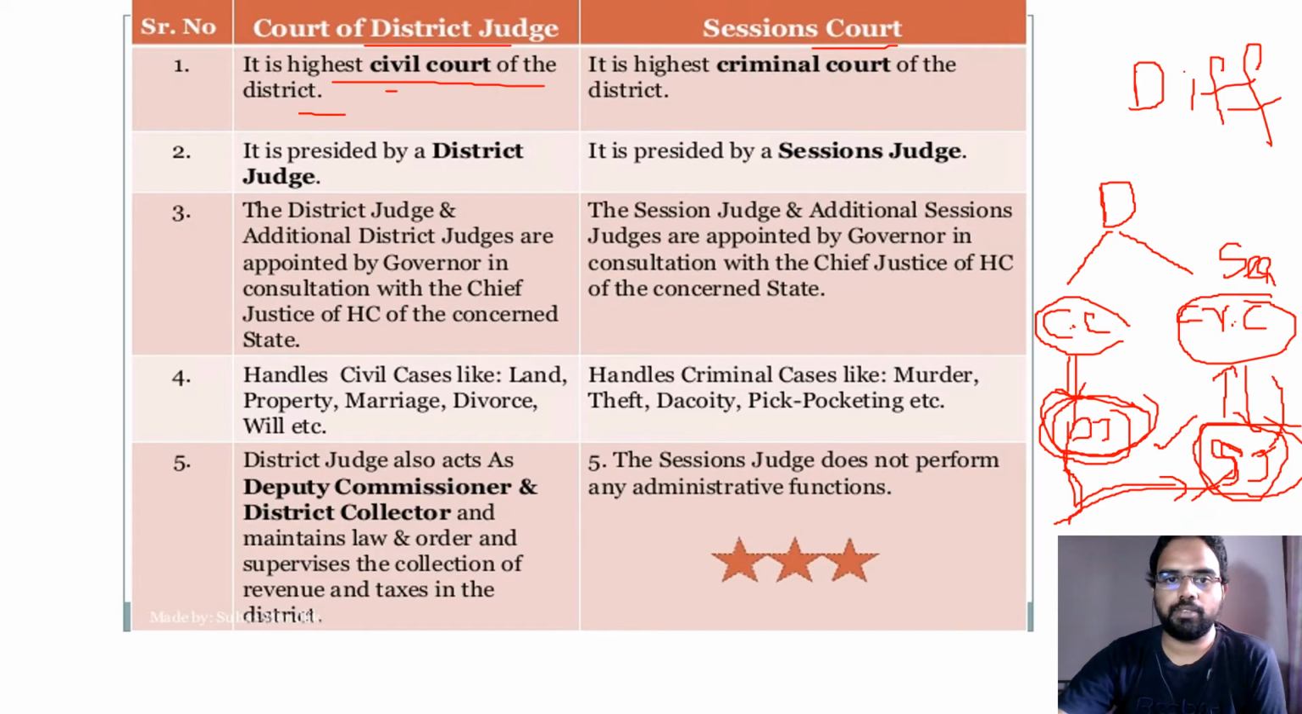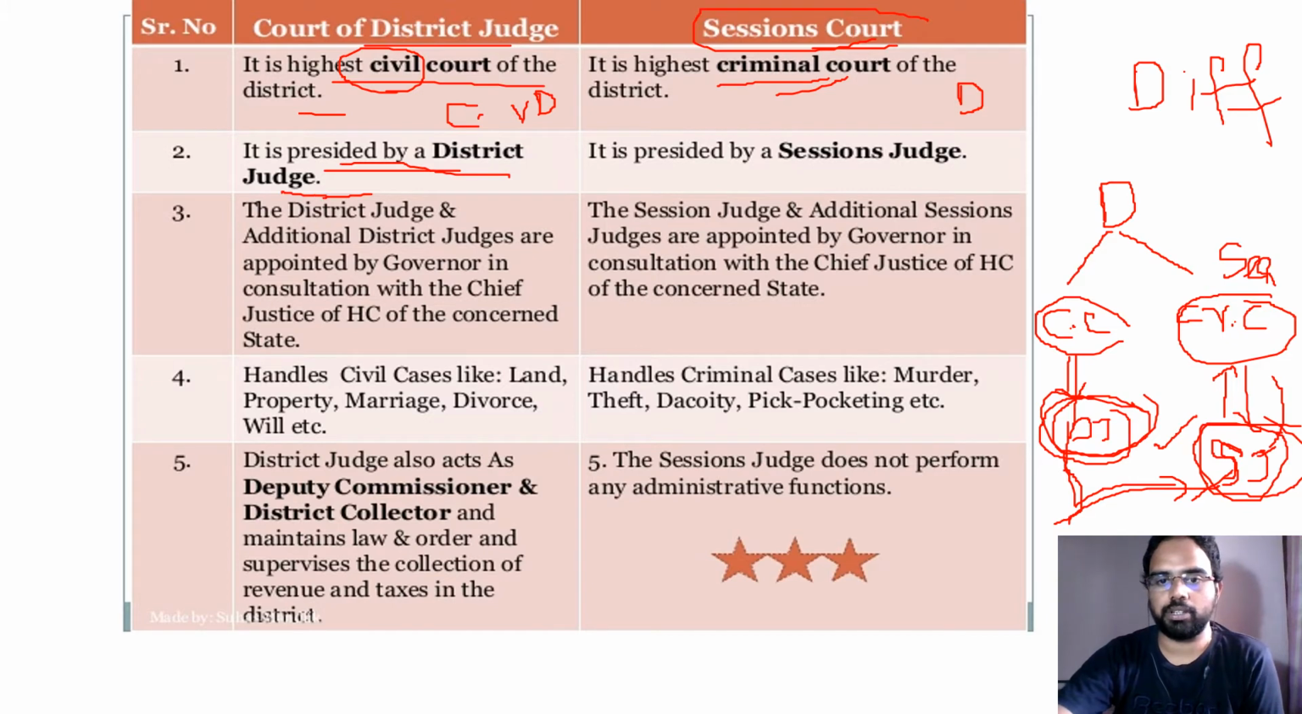It is the highest civil court and it is presided by a district judge. If you look at the criminal court at the highest level in district, it is the sessions court. The sessions court is the highest criminal court at district level, and civil court is the highest court at the district level for civil cases. So the civil court is presided by a district judge, whereas the sessions court is presided over by a sessions